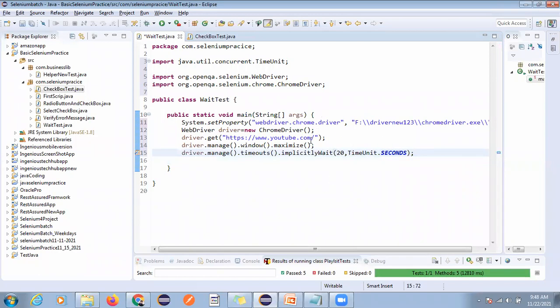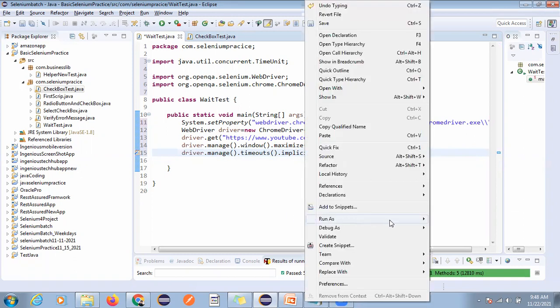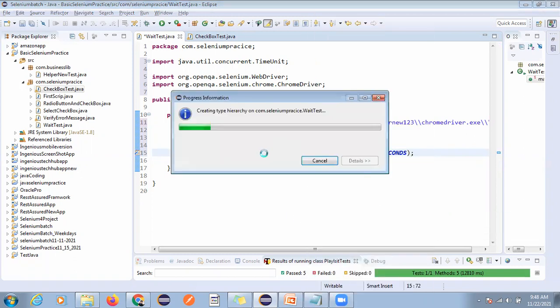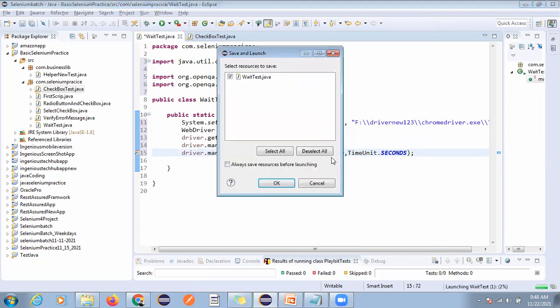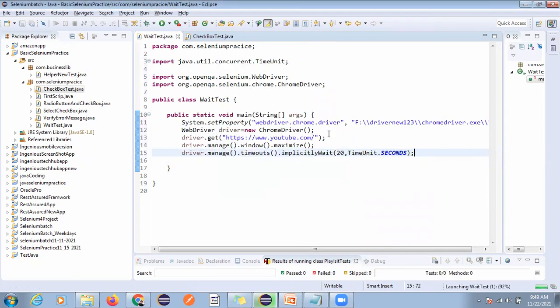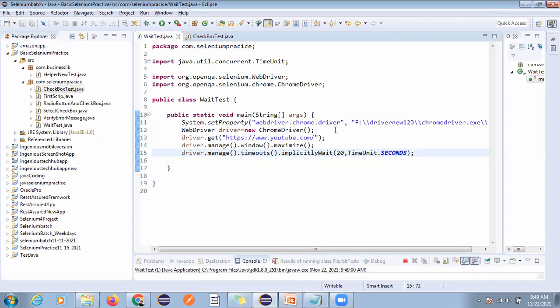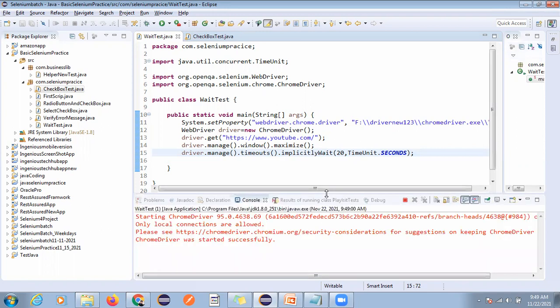Now I'm going to execute this. Here it is not taking time to load, but with some websites you can find it. I will show you some more examples, like implicit wait or fluent wait. It will wait for 20 seconds before throwing an exception if any element on the web page is taking time to load. I have given 20 seconds for any element present on the document. If it takes more than 20, it will throw the exception.